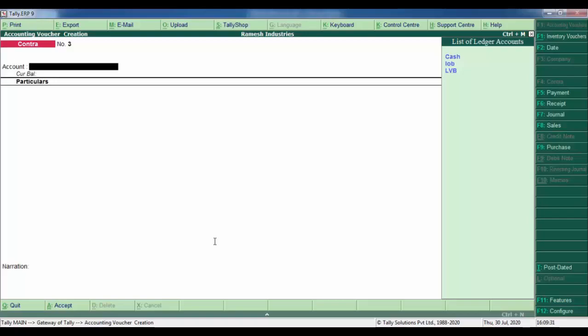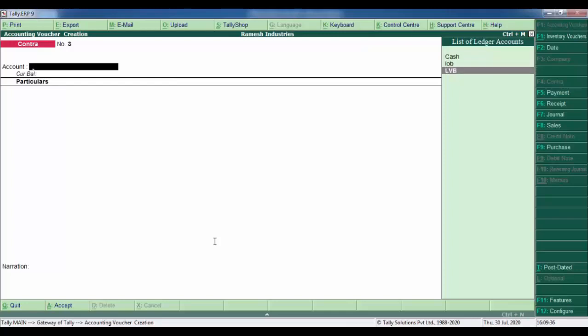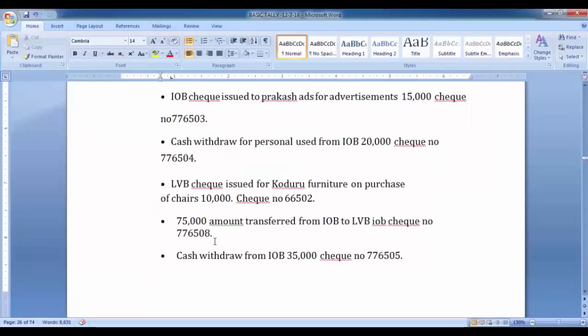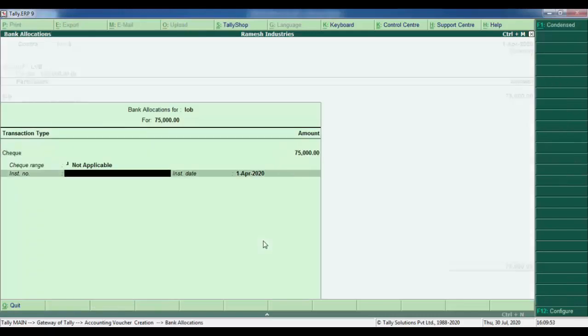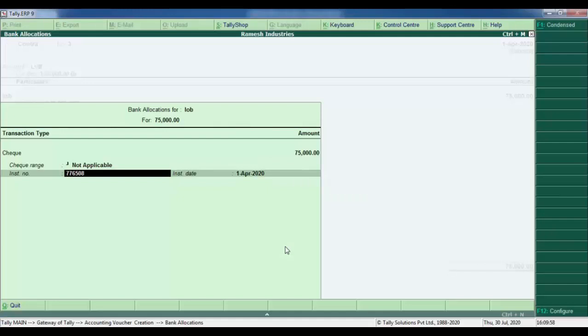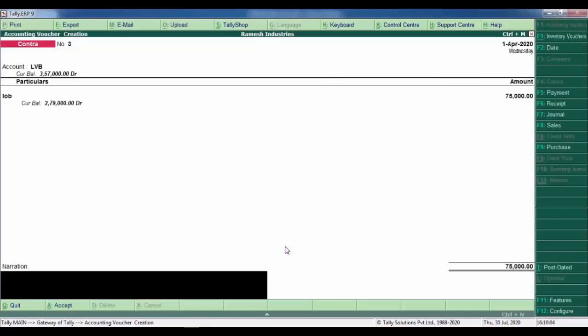As we are transferring from IOB to LVB, select LVB in the particulars, and select IOB for the transfer. The amount is 75,000, the instrument number is 776508, and the narration is being cash transferred.